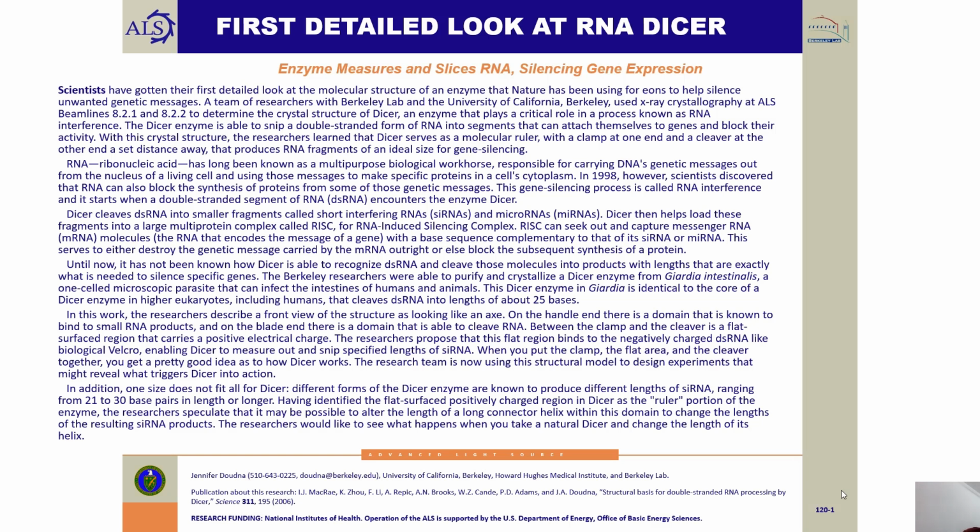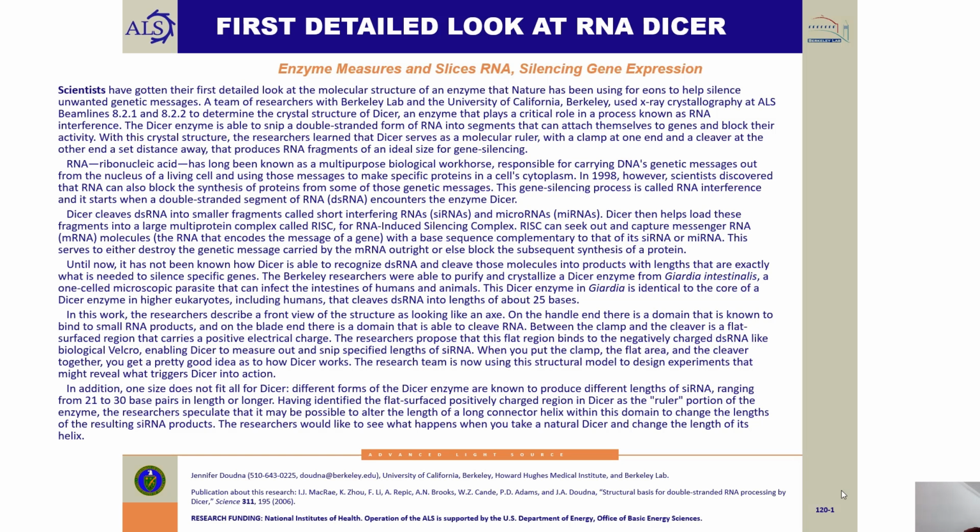The research team is now using the structural model to design experiments that might reveal what triggers dicer into action. In addition, one size does not fit all for dicer. Different forms of dicer enzyme are known to produce different lengths of siRNA, ranging from 21 to 30 base pairs